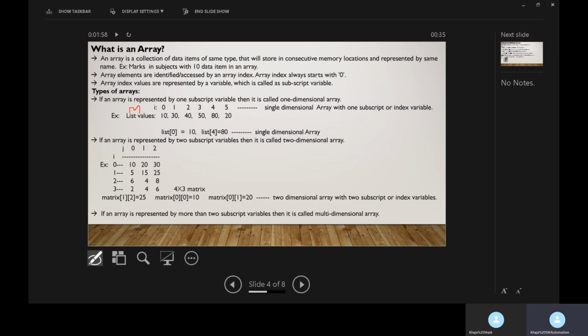See, value 10 is represented in array M by using index number 0.